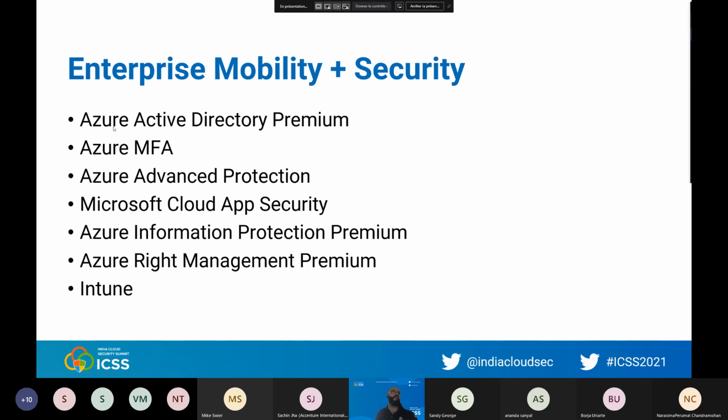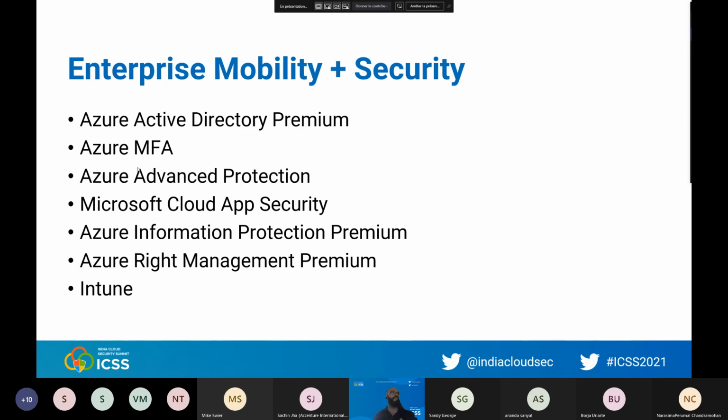I will often talk about Azure AD P1 or Azure AD P2, which means Azure Active Directory Premium. It includes Azure MFA to enable custom MFA, because you already have a default MFA feature in Office 365. You have Azure Advanced Protection, and so on and so on. And I will go into detail and talk about those.